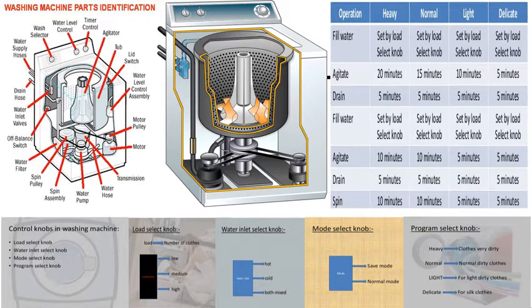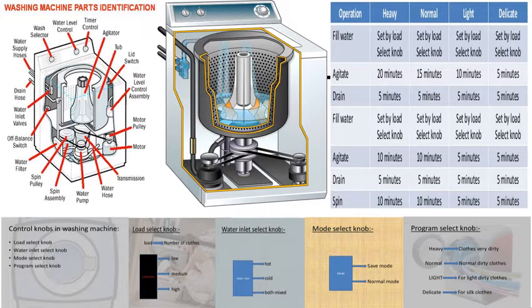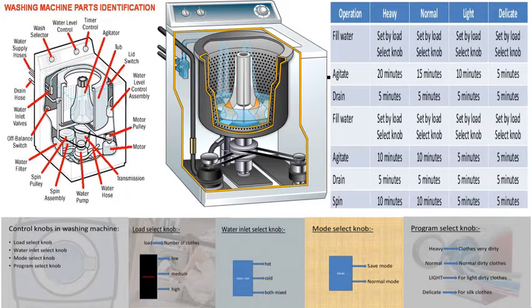There will be several program select knobs like fill, agitate, drain and spin. The fill knob will fill the water by pumping up as per the load select knob. During first fill, the water temperature will be selected by proper tap setting. During second fill, after drain, only tap water is filled for rinsing the clothes. The filling time will be controlled by relay setting.